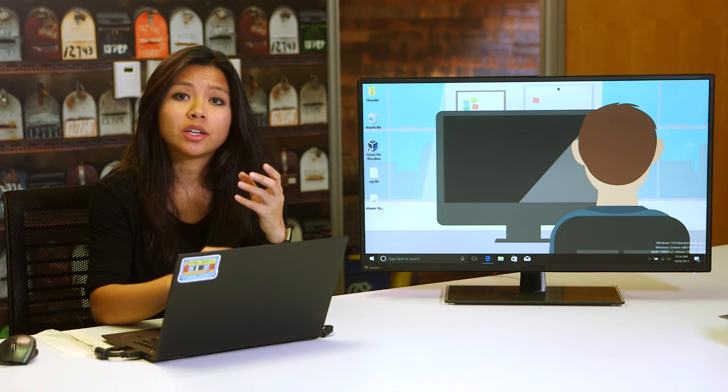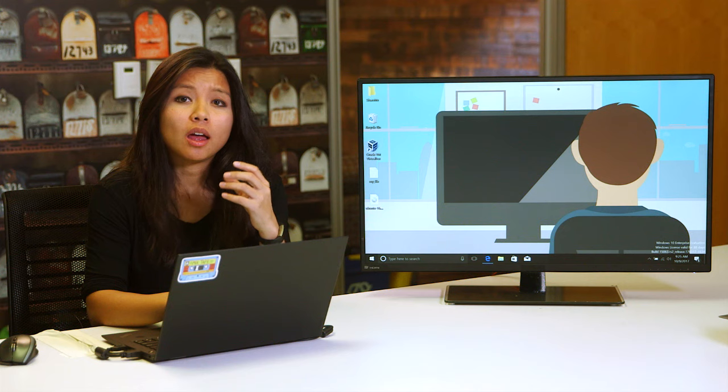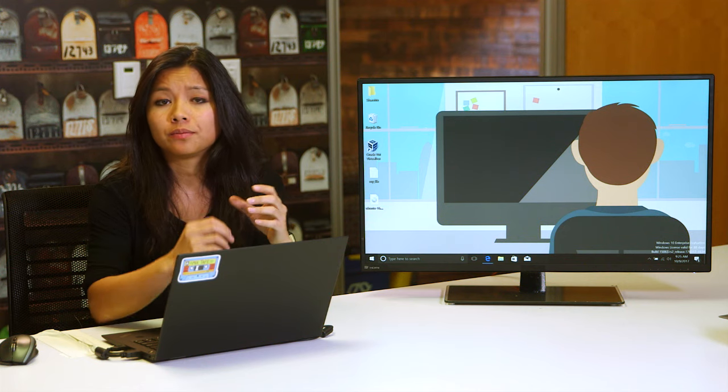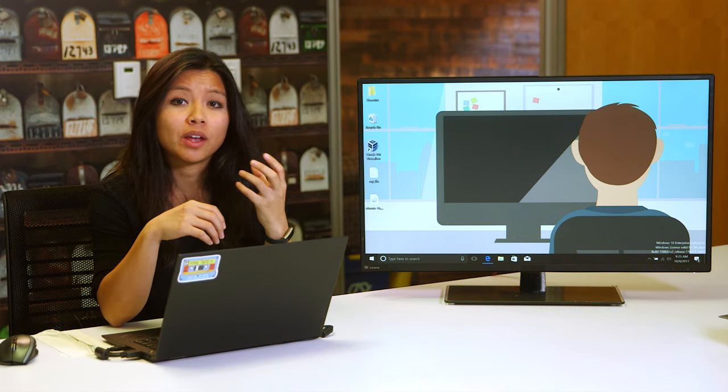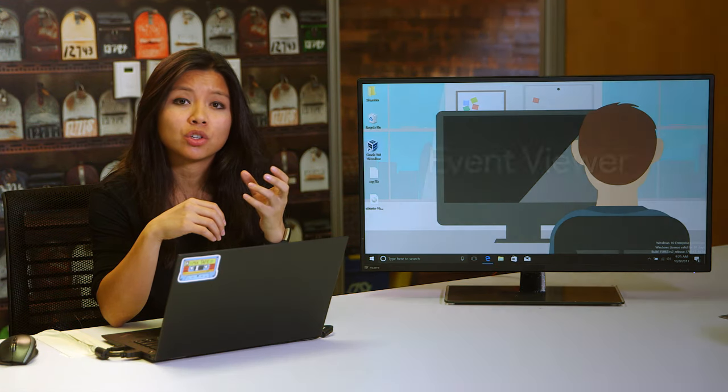Similar to how we can jot down our life events in a journal, events are also logged on our machines. In Windows, the events logged by the operating system are stored in an application called the Event Viewer. Whether you're trying to figure out why a computer game keeps crashing, or troubleshooting login or access problems, or just satisfying your curiosity about what's going on in your system, the Event Viewer is a great first stop.